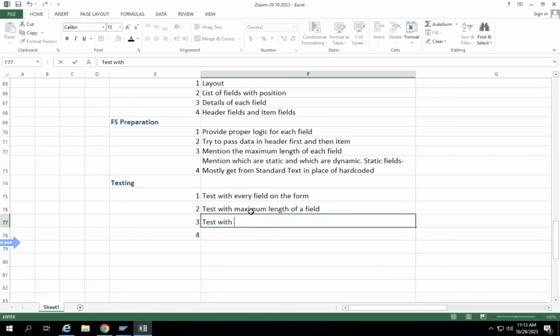Most of the cases we get with test with maximum field. Popular is quantity and value. In my experience, we have faced a lot. Okay, so that one, quantity and value, and test with